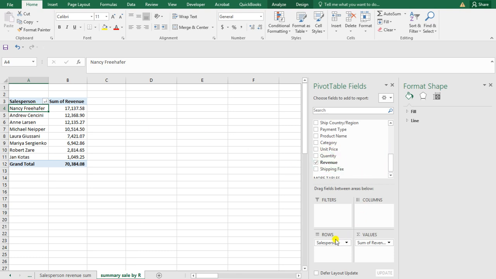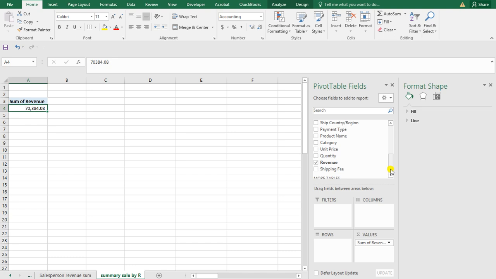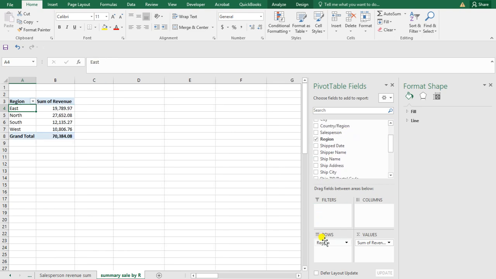I'll come and replace my salesperson by region. So where do you have our region? This is region, so I'll just select my region, summary sales by region, which in this case you're having